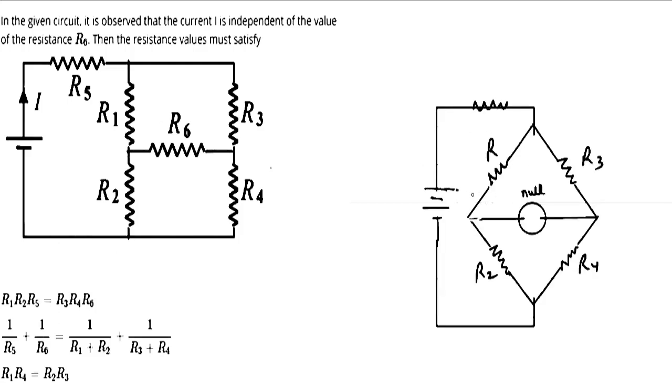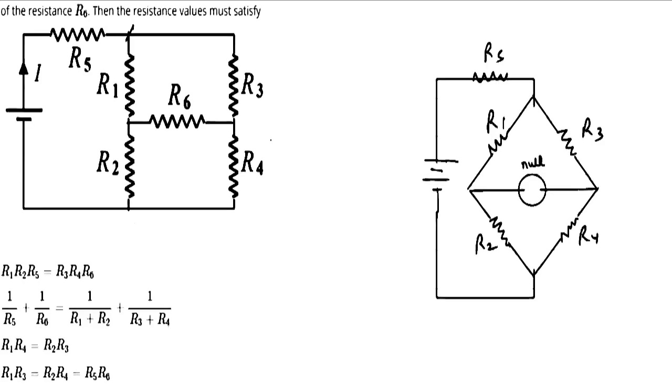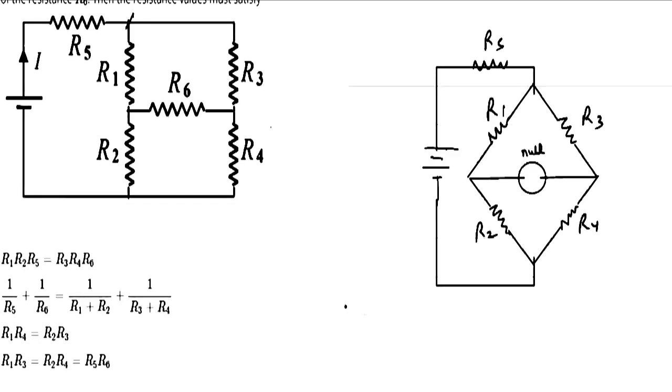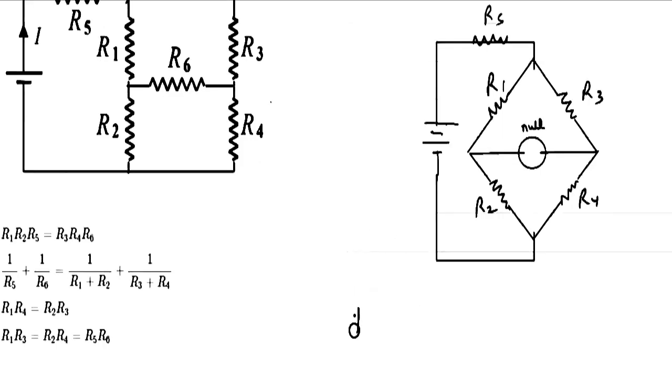As you can see in the figure, this is R1 and this one is R3 and this is R5. Then we can connect that at this point R1 and R3 are connected, and this is R6 in which the current is not flowing. So we have mentioned that this is null, and this will be R2 and this will be R4. If we see this diagram, it is clear that it is the arrangement of a Wheatstone bridge. So we can write: balanced Wheatstone bridge.